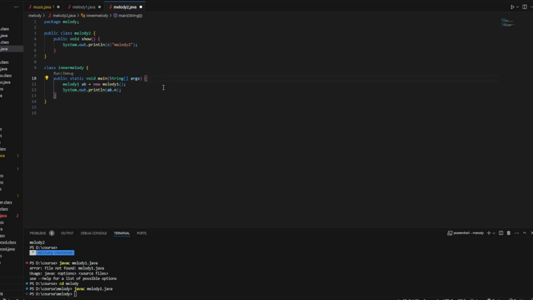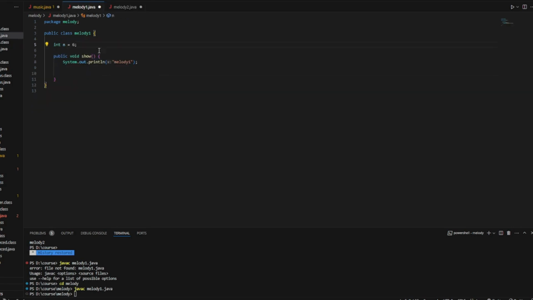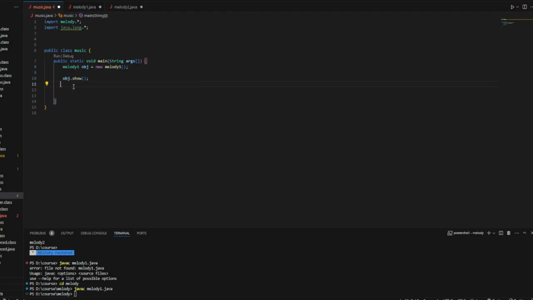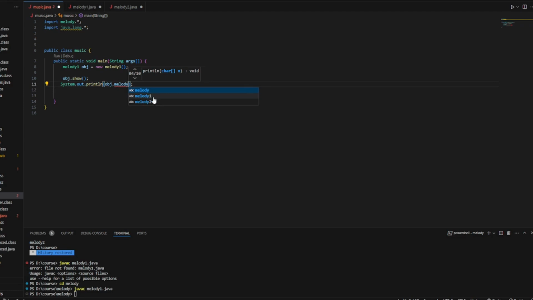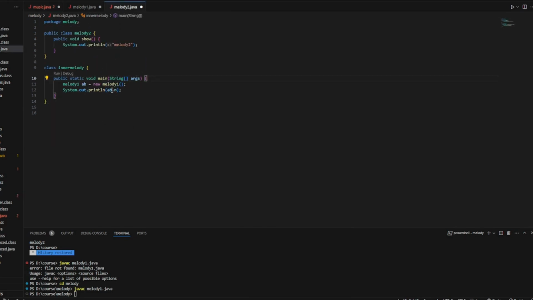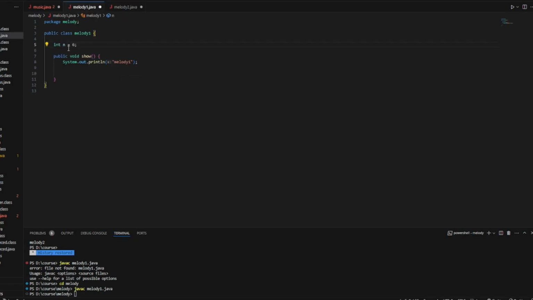It's not showing me any error because I'm using this default variable within the package. Whereas if I try using this default variable outside the package, here it's showing me an error, whereas here it's not showing me an error because it's inside the package. Now public is clear, private is clear, also default is clear.